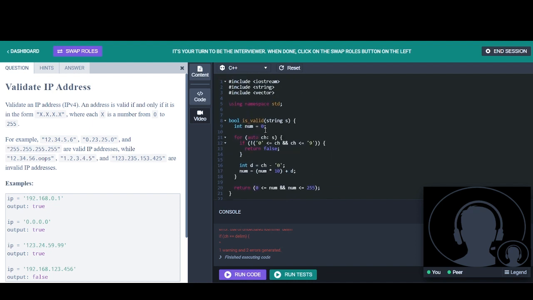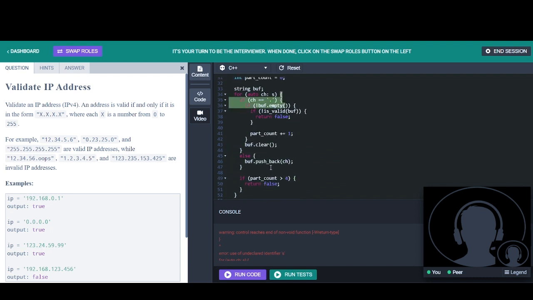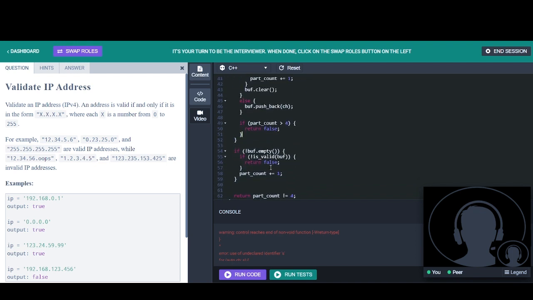And anything else? Control which is a void function. I have a non-matching brace somewhere. So this one matches here. This one matches here. This one matches here. And this one matches the if for. Okay, let's run it again. And for auto sketch. So I have an extra brace somewhere. The problem with writing code like this is it's very easy to end up in a place where you miss something. Not empty. Okay, this looks good. Buff.clear, else, and then if part count greater than 4 also looks good. So if ch here over here. This one doesn't have a matching closing brace. So this if matches here, this else matches here. It actually looks okay. I'm not sure where the error is.